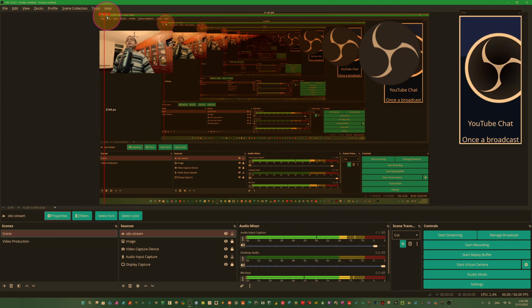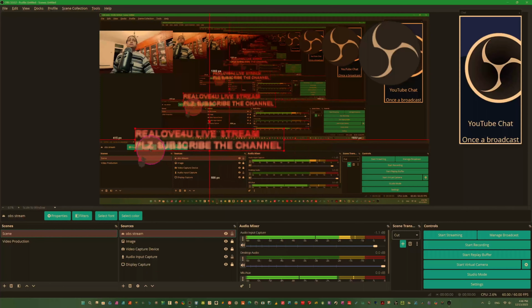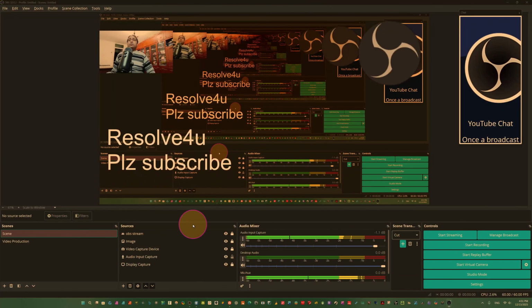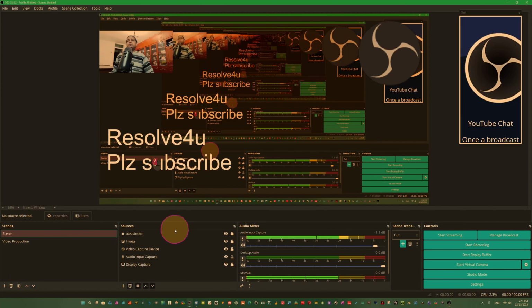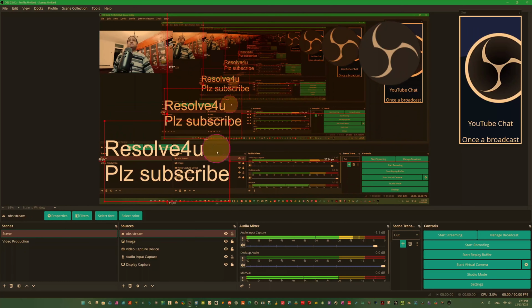Now we have our text here. It's very small, so we just click here. Now you can see here, and you can put this text anywhere. I have already written the text here. You can see "Resolve for you, please subscribe." And now I have put it here. Anytime you can look, I have changed the color to white, and you see anytime you can place it anywhere. So you can see we have added text here,